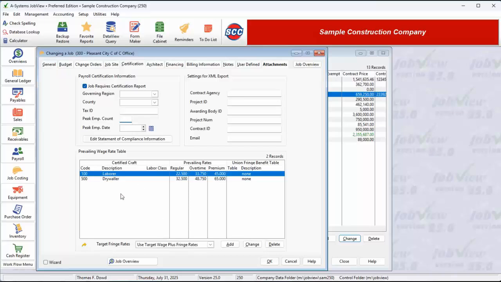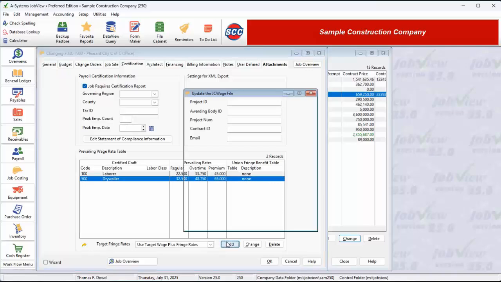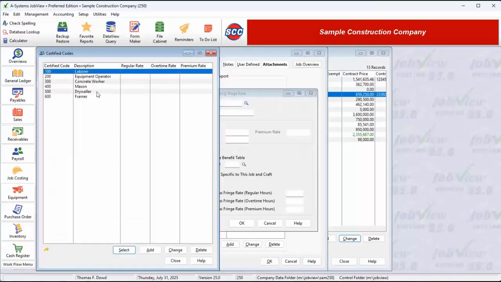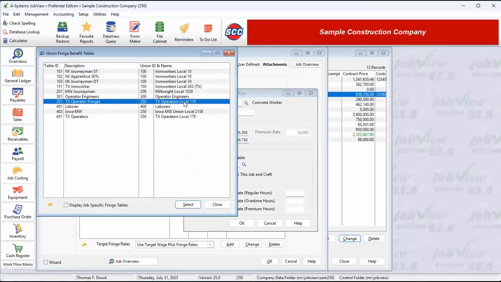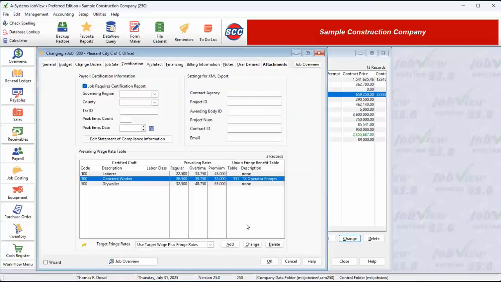At the bottom, we have a very important table called the Prevailing Wage Rate Table. When we work on a certified job, the contract usually stipulates that we must pay certain craftsmen certain rates of pay. For example, all of our concrete workers must be paid a minimum of $26.50 an hour, plus a certain package of fringe benefits. Now, a certain employee's wage may be only $21.50 per hour, but when he works on